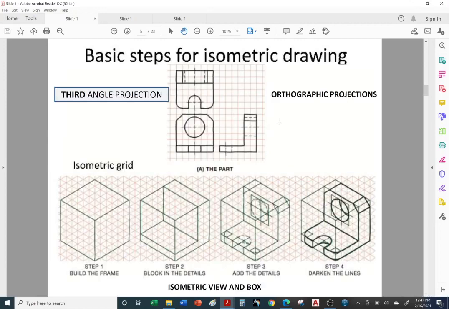For example, if you were asked to create an isometric view of this drawing, you have your front view, top view, side view. In the good old days when we were doing this by hand or using AutoCAD, we would start with the box. Here we have our box. If we were doing this by hand, we would use